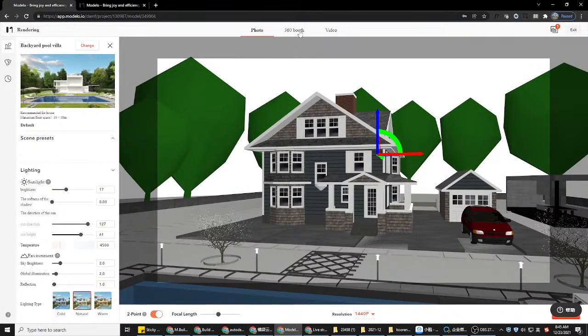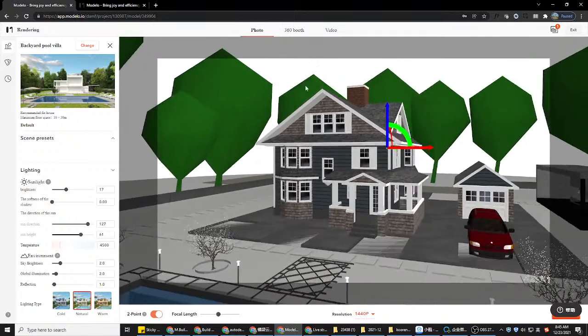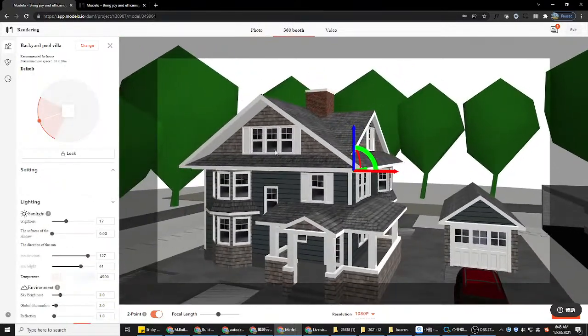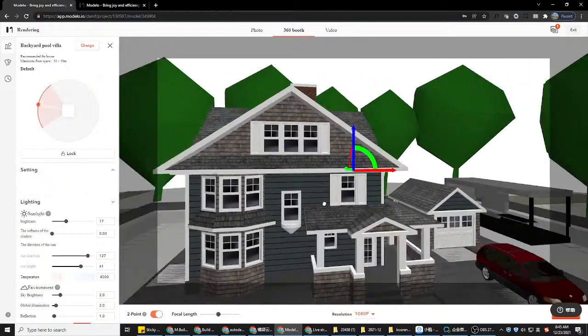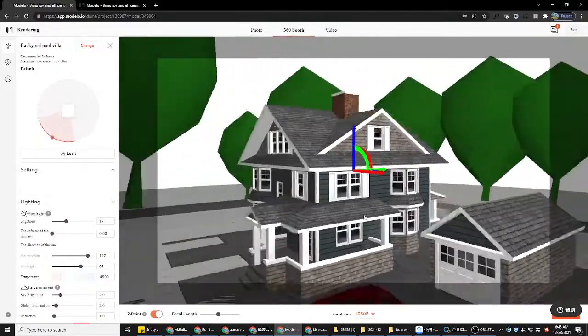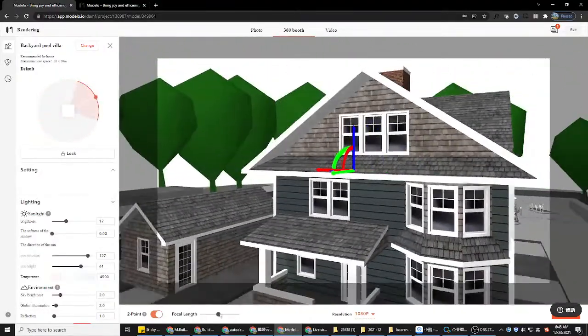And then, as you can notice, there are a couple of other features on the top, right? If we go back to this rendering panel, there are three different buttons. The one on the left is photo. It's what I just showed, where you can just use the scene to generate this photo. The second one is what we call 360 boost, which is very interesting because this one allows you to render everything